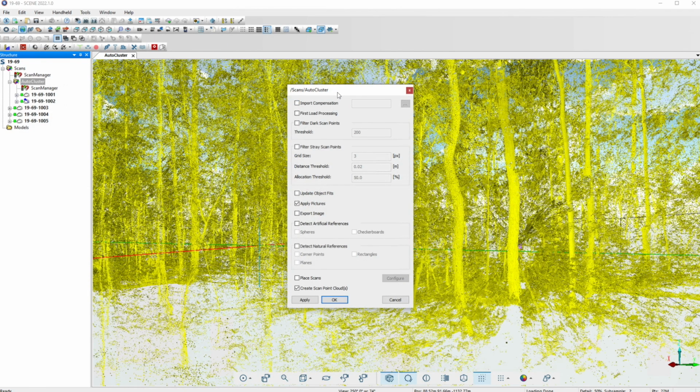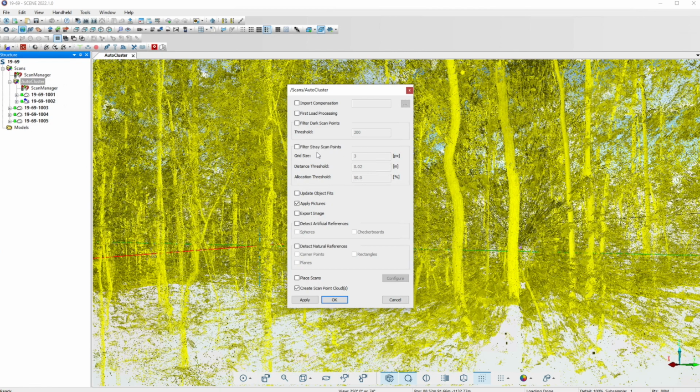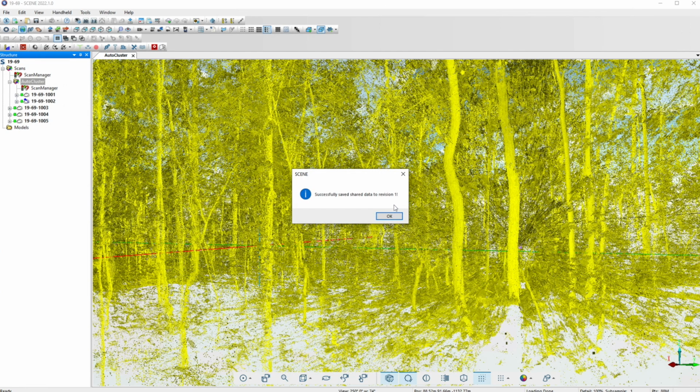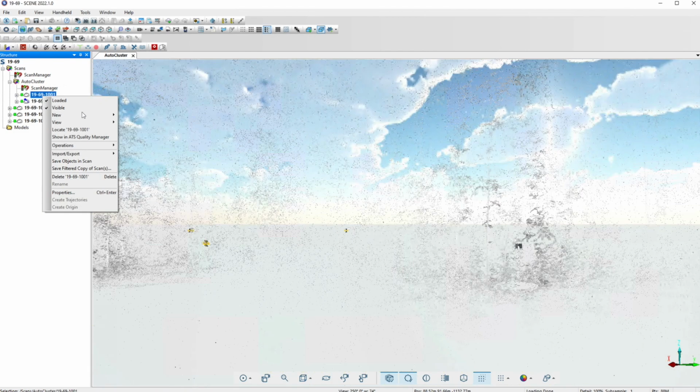Okay, now that it has saved, we can go through and look at a couple of these filters that we might use. The first thing is this dark scan point filter. So the way that I kind of evaluate whether or not you want to use that and what the threshold should be, we'll just go into the first scan